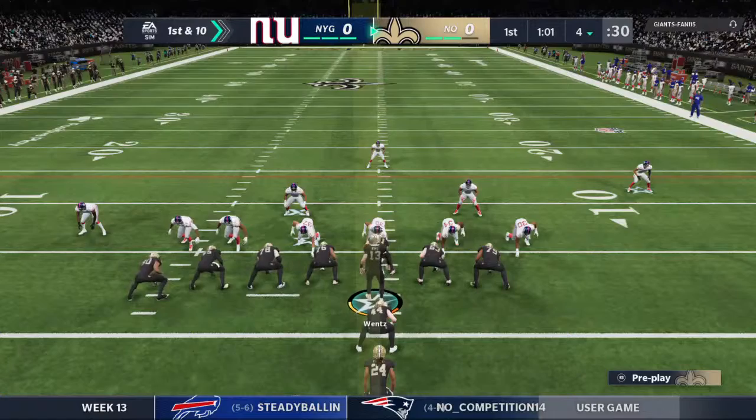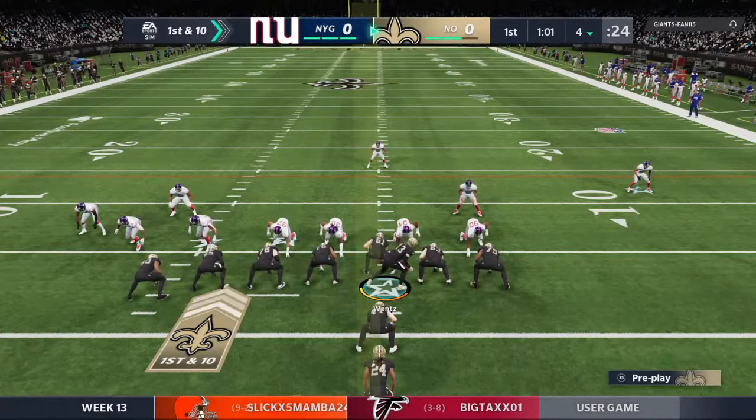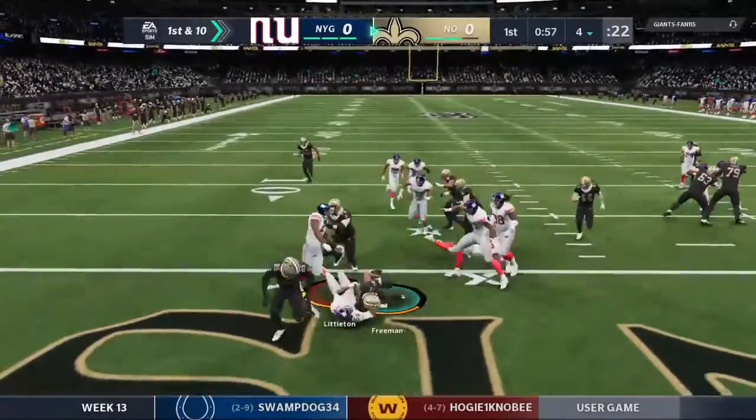The Saints offense on the field, ready to get their drive started. They're going to have to go at least 50, 60 yards here if they want to ensure that they don't have to punt the ball like they did last time. Yeah, so what you're saying is we're not playing to just get out of the shadow of your own goal line, right? You're playing to make sure the punter doesn't...